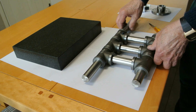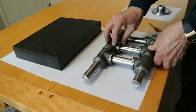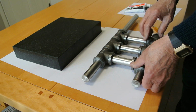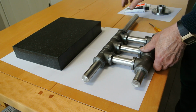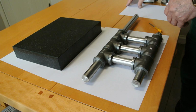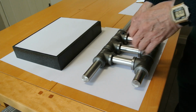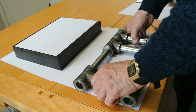But I think the best solution would be to glue solid this end, let the glue set, then put it together and glue the rest of this separately. And I'm going to glue it on the surface plate. This is my granite surface plate over here, and I'll cover it up now because I don't want to damage it. So if I take this apart,